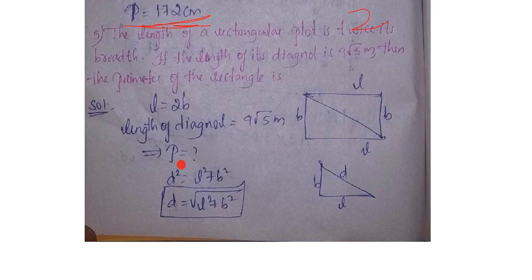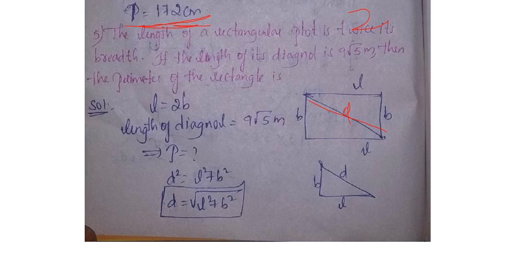Now what should you write? All the formulas regarding this rectangle: area, perimeter, and here the diagonal also came. So write the formula related to the rectangle and its diagonal. What is the formula, friends? D square, this is the diagonal, no? D square equal to, I am writing, okay, this line is the diagonal. So D square equal to L square plus B square. You know that this is the relation between the sides of the rectangle and the diagonal.